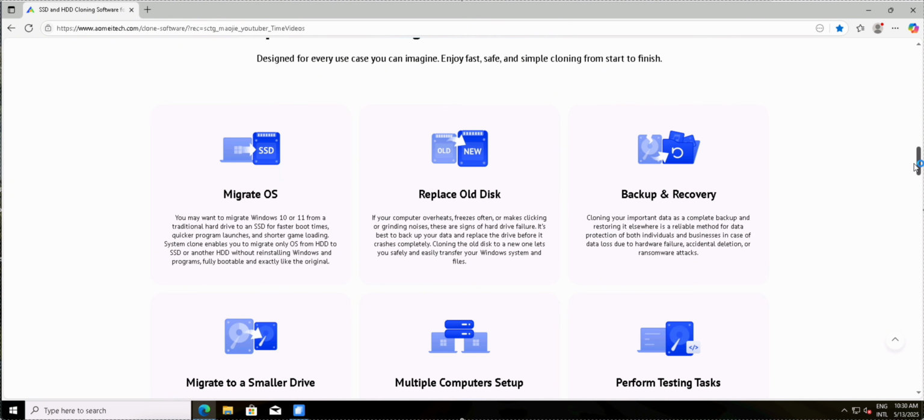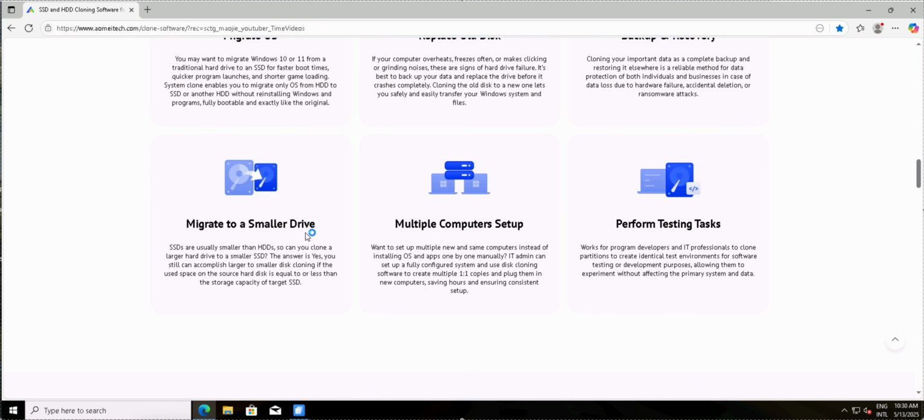Migrate operating system, replace the old hard drive, backup and recovery. Migrate, this is one of our favorite. Migrate to a smaller drive. Wow. We are going to test this because most of the time when we try to clone the disks for